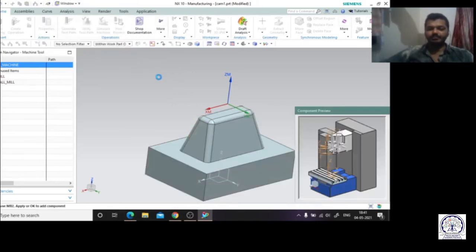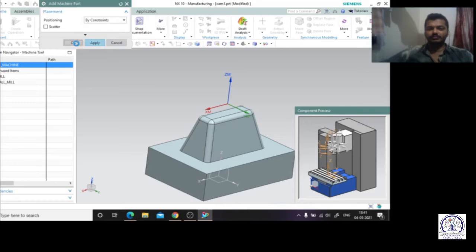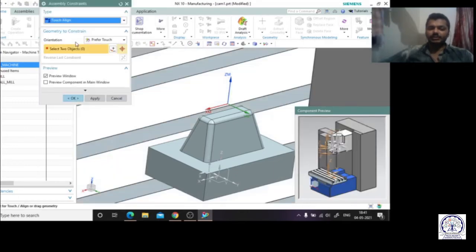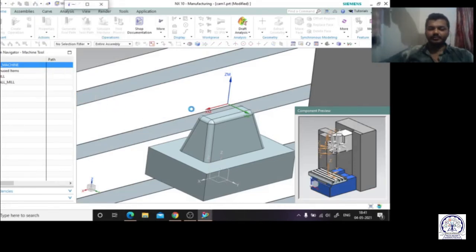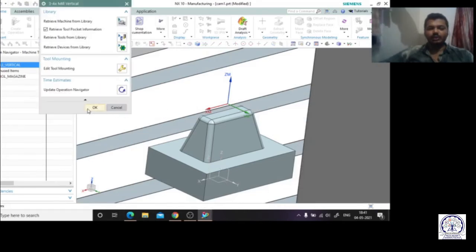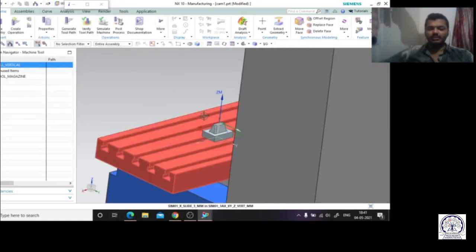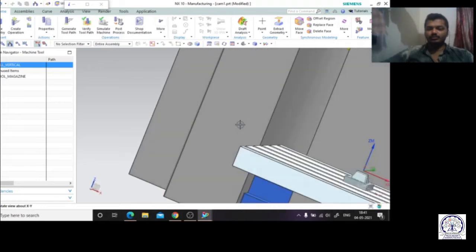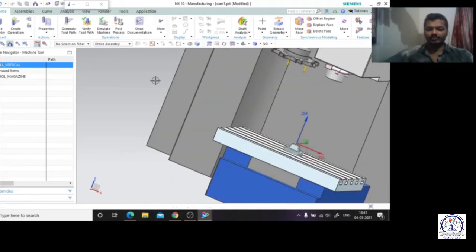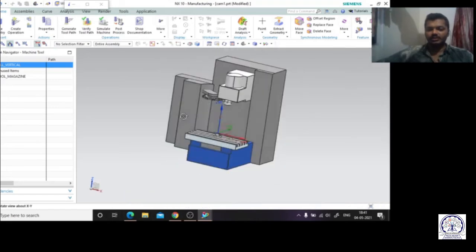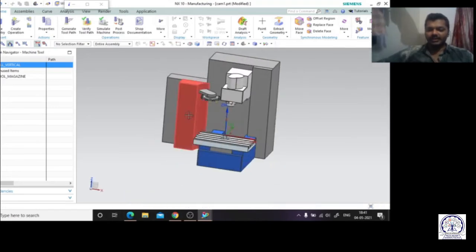Okay. So right now here I am not attaching any other type of clamp, just to show you how the operation will be going on. So right now this is how my operation will be going on. So all of you can see, this is how my machine will be looking like, a CNC machine.